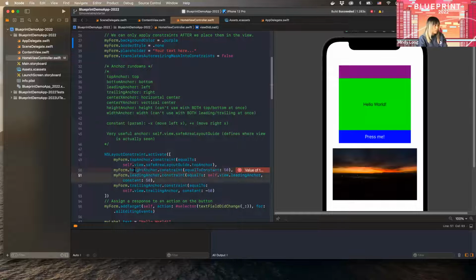And then of course there's left and right anchors as well, right? Leading anchor is left, trailing anchor is right. And here I'm saying let my leading anchor be also constrained to where the view is, but at an offset of 50, right? Otherwise, let's say if I just had this as 0, then what it would look like is